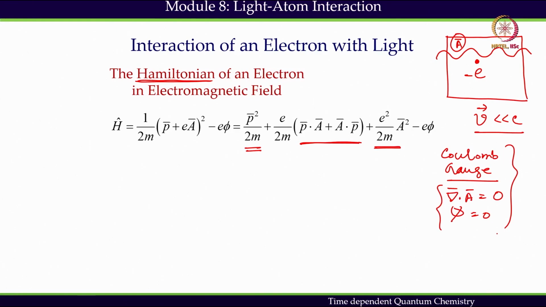Under this gauge condition, or in other words following this particular pathway, we try to get the solution, because if we follow this pathway, then we can get a simplified solution. So definitely phi is 0, which means this term would be 0 in the Hamiltonian, and then we'll see what is the consequence of this divergenceless A. The consequence is the following: we will be able to write this as minus h bar square by 2m